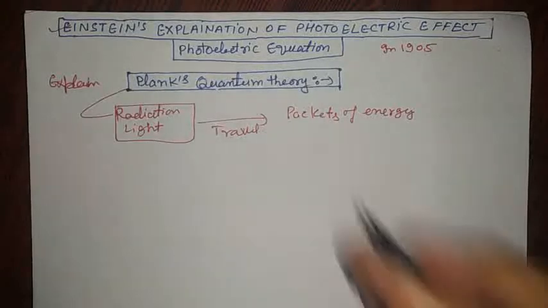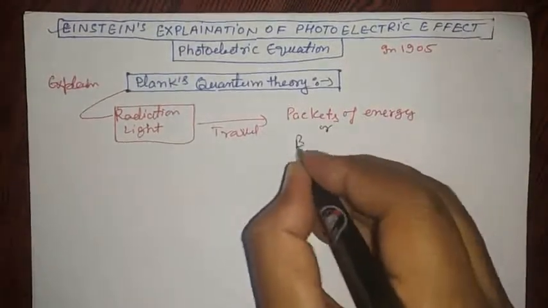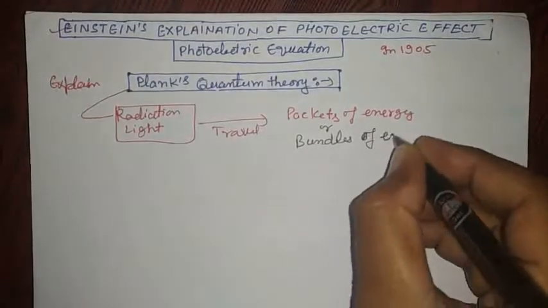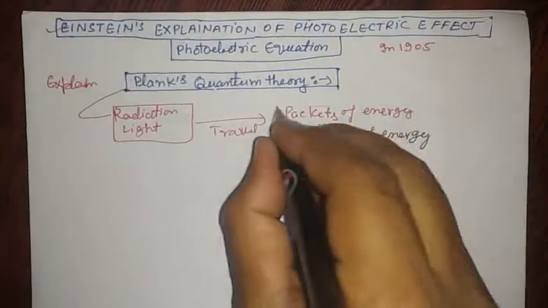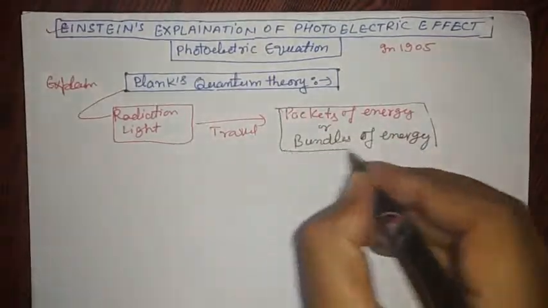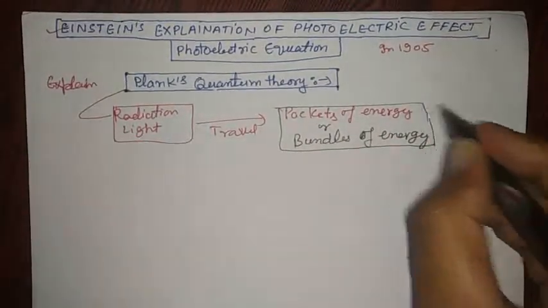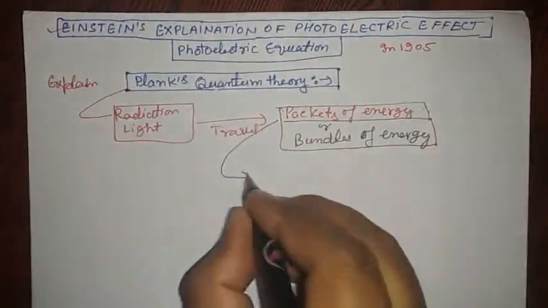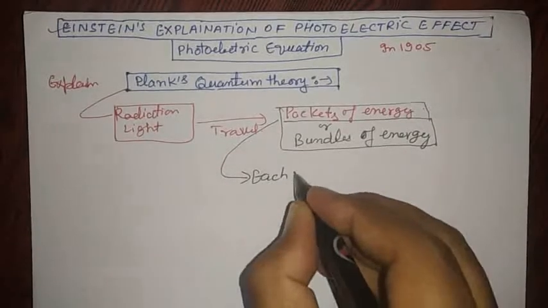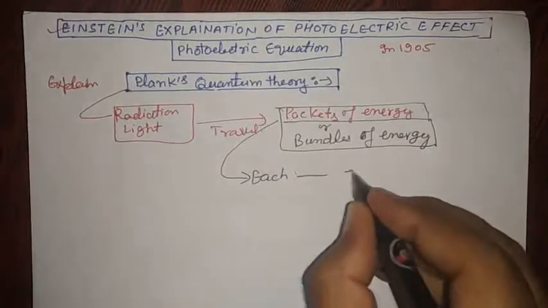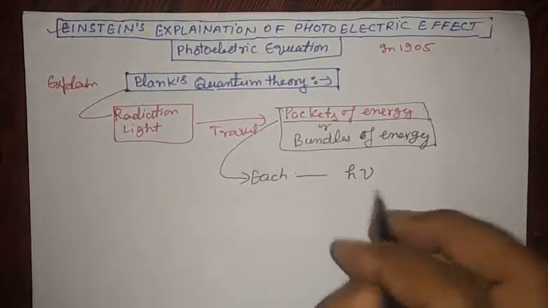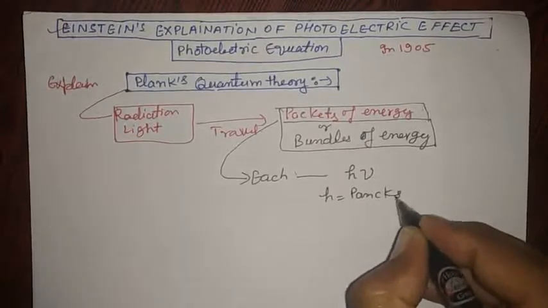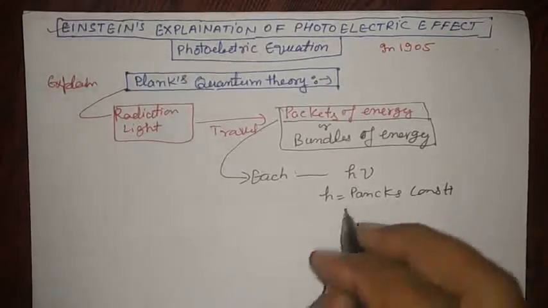These are called packets or bundles of energy. We may consider each packet has energy h nu, where h is Planck's constant and nu is